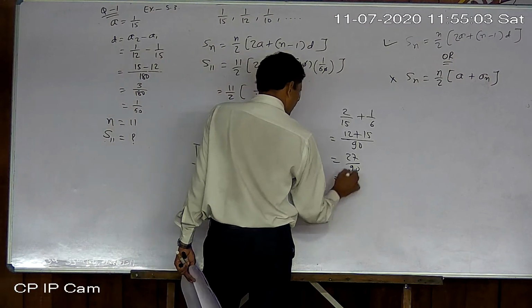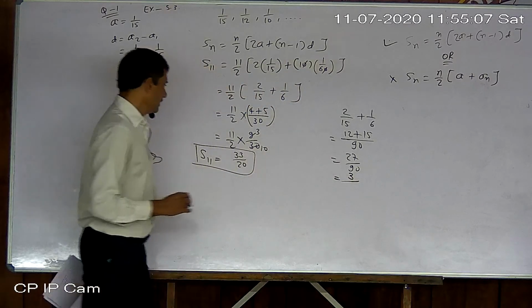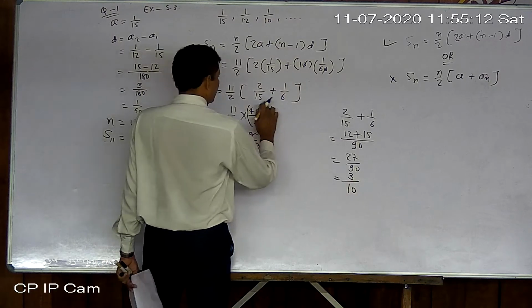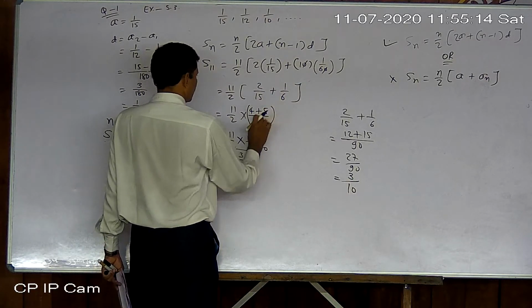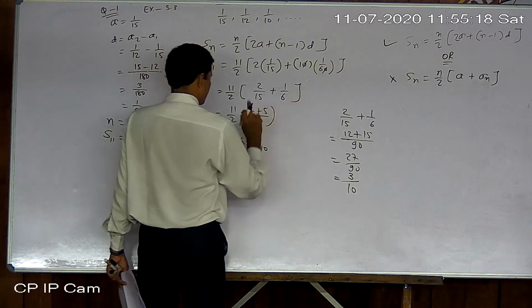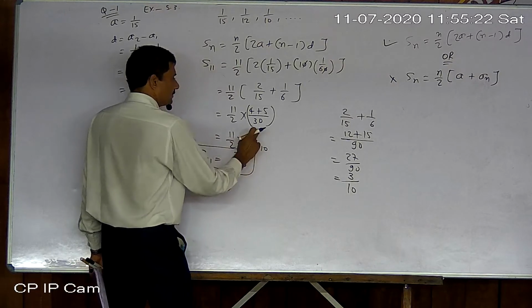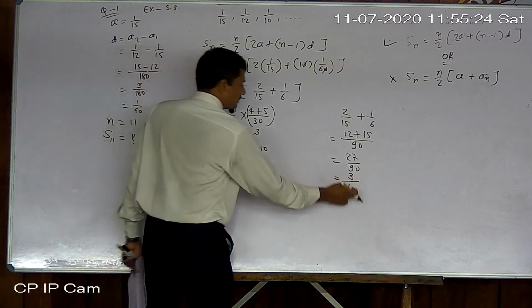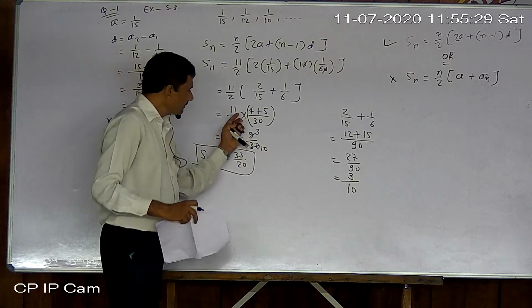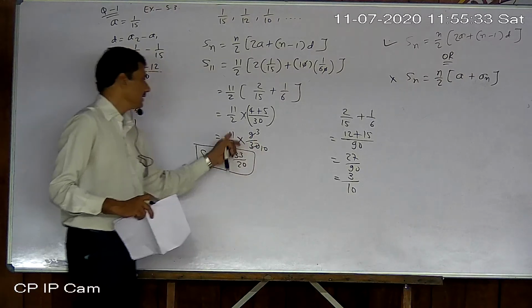So it is 9 3s are 27 and 9 10s are 90. Sorry, some mistake was done. 15 and 6, 30. Okay, 15 to the 2 to the 4, 6 5s, 1 5 is 5, 9 upon 30, 3 by 10. Sorry, 3 by 10. So here also we got 3 upon 10. Here also 3 upon 10. Understood? Either way you can find the same answer. After getting 3 by 10, just multiply by 11 by 10.